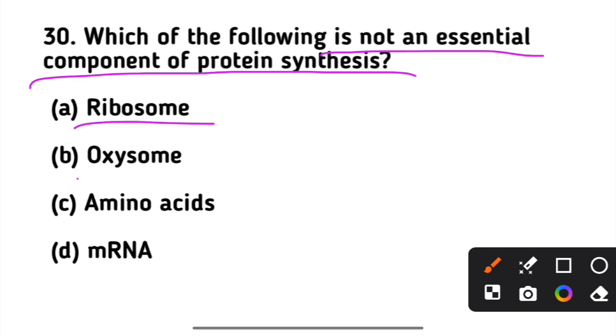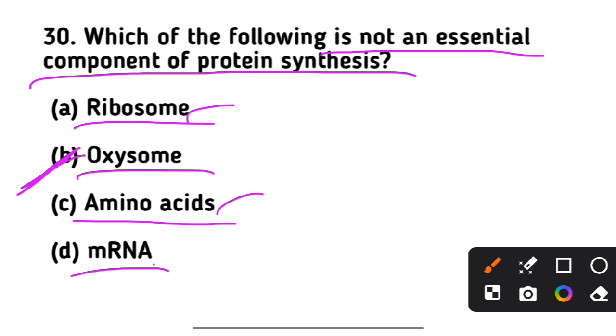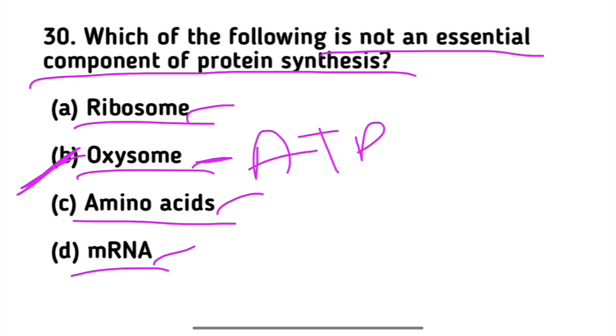Options are ribosome, oxysome, amino acid, mRNA. Option B is correct, oxysome. Which of the following is not an essential component of protein synthesis? Ribosome, amino acid, mRNA are all essential components of protein synthesis. Oxysome synthesizes ATP, adenosine triphosphate. Next,